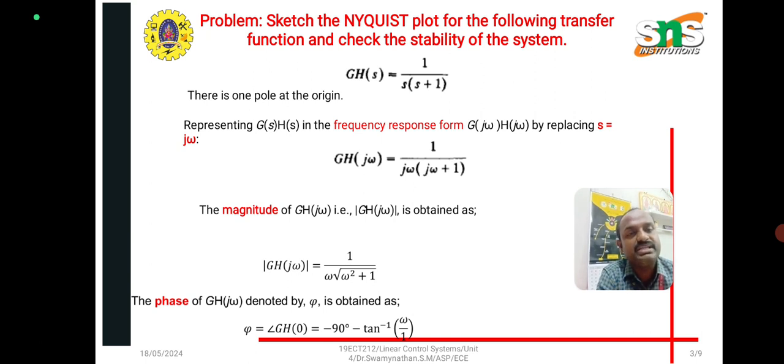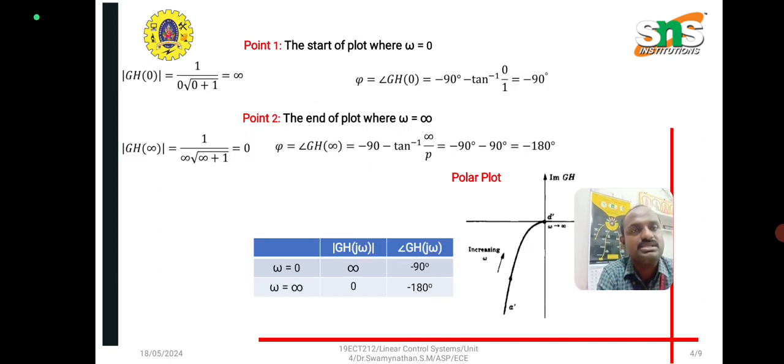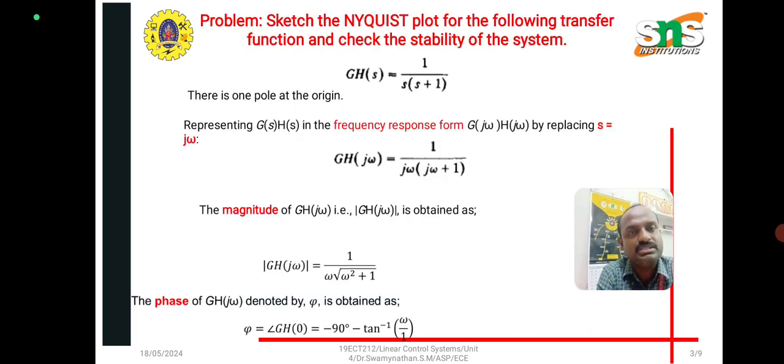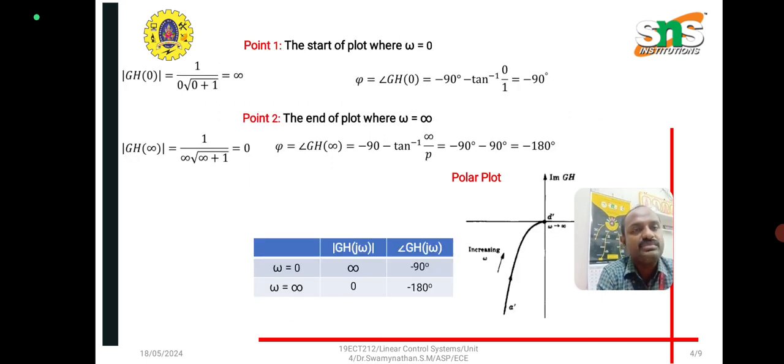So here this is minus 90 degree minus tan inverse b by a. Here b is nothing but omega and a is nothing but 1. So omega divided by 1 gives the phase. Next, to start the plot when omega is equal to 0, substitute the value: 1 divided by 0, root of 0 plus 1. Just substitute omega is equal to 0, then the phase of G H of 0 is minus 90 degree minus tan inverse 0 by 1,